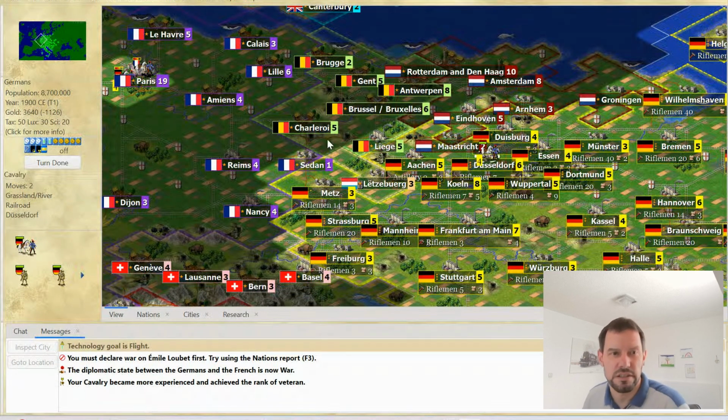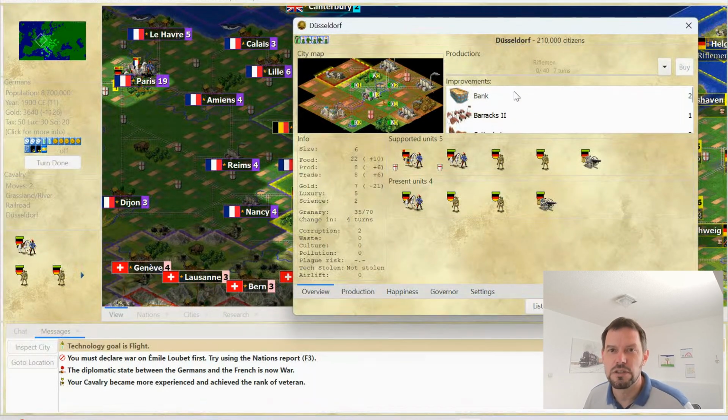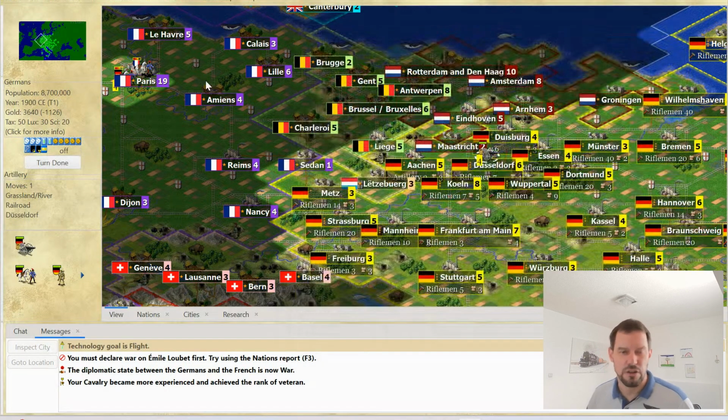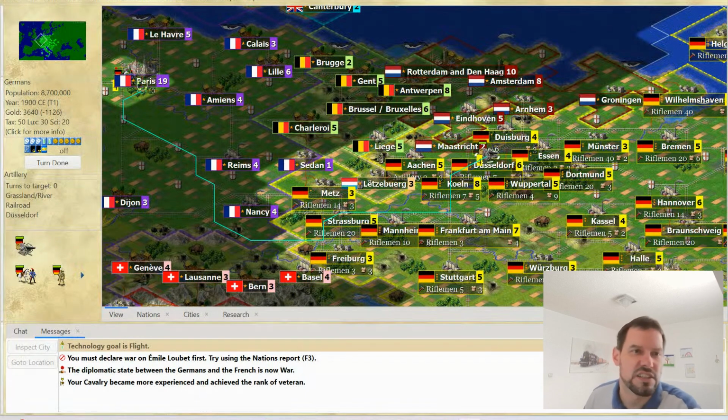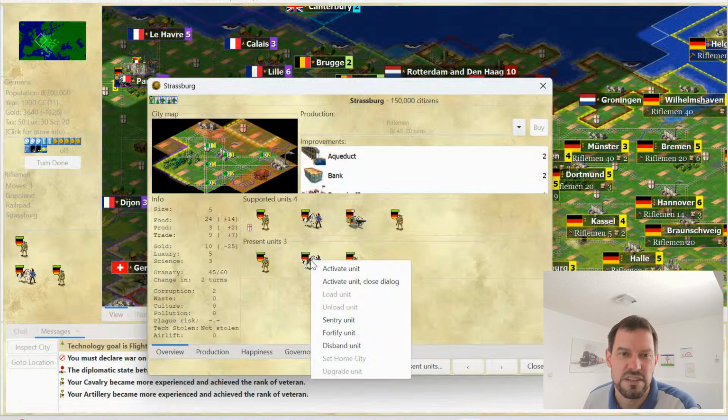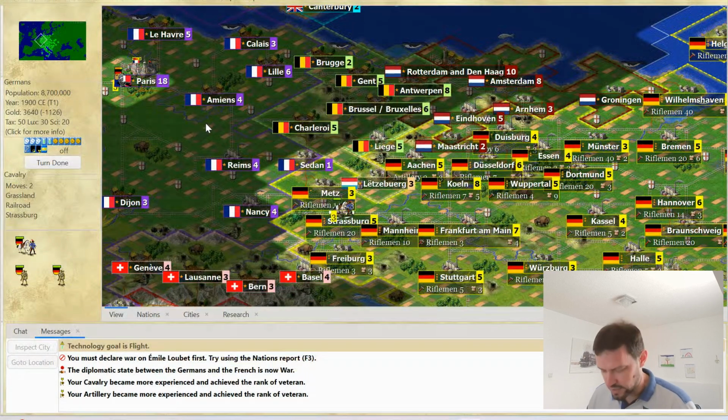So here I go, and now I'm in Düsseldorf again. Let's see Düsseldorf. We also have already sold something, and that was the aqueduct. Let's say here the artillery, activate unit and close dialogue. As I said, it's an excellent attack unit. So let's go on to Paris. Paris has now been reduced to size of 18. And remember that is logarithmical scale. Go to the next